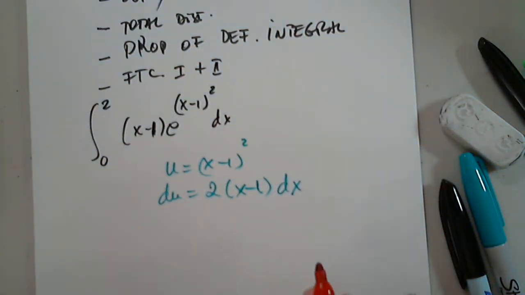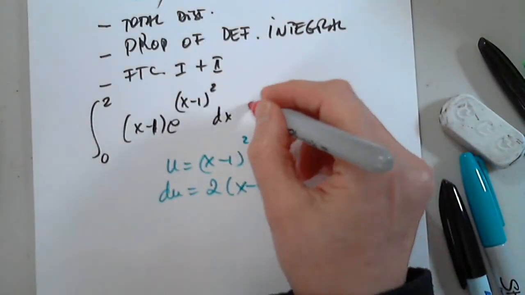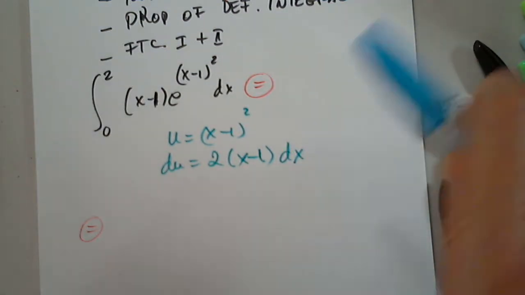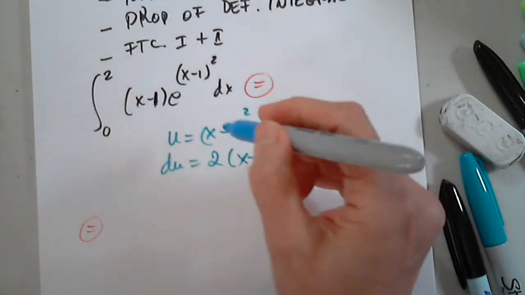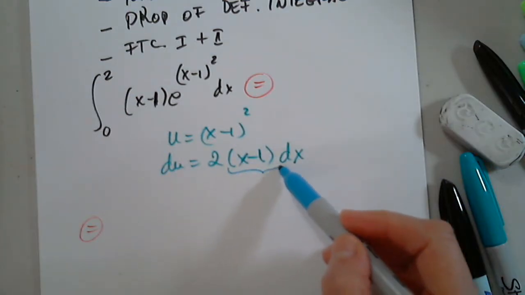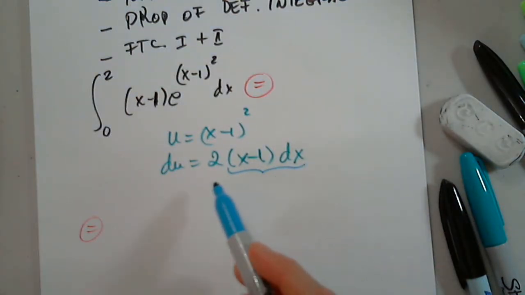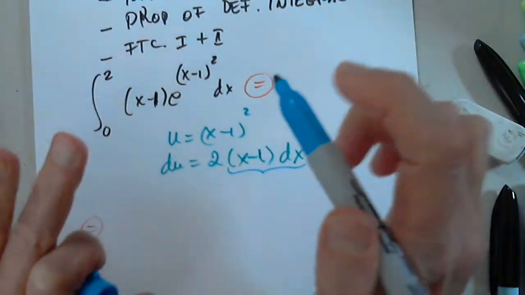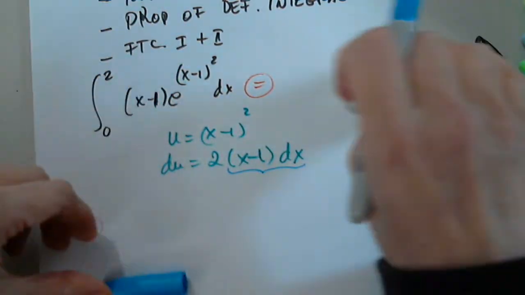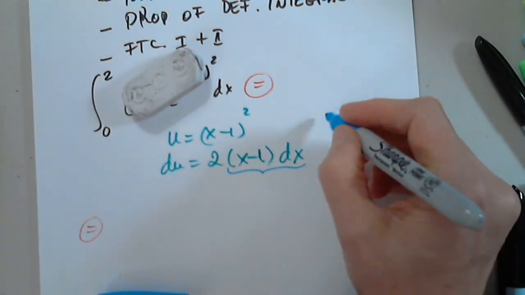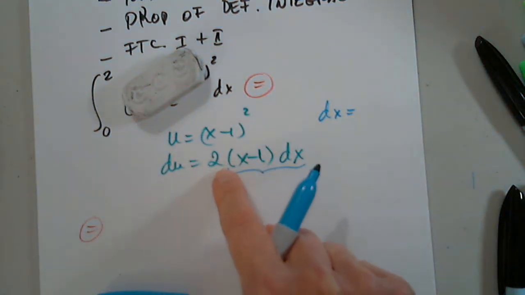Let's say we don't do that. If I try to make it a little more difficult, I will solve for dx, or for x minus 1 times dx, one or the other. Let's make it even more difficult. I'm going to solve this equation for dx. So dx is du over